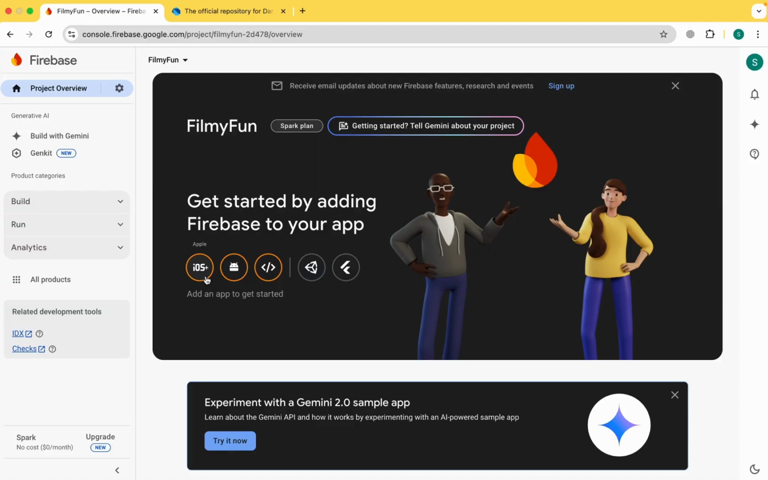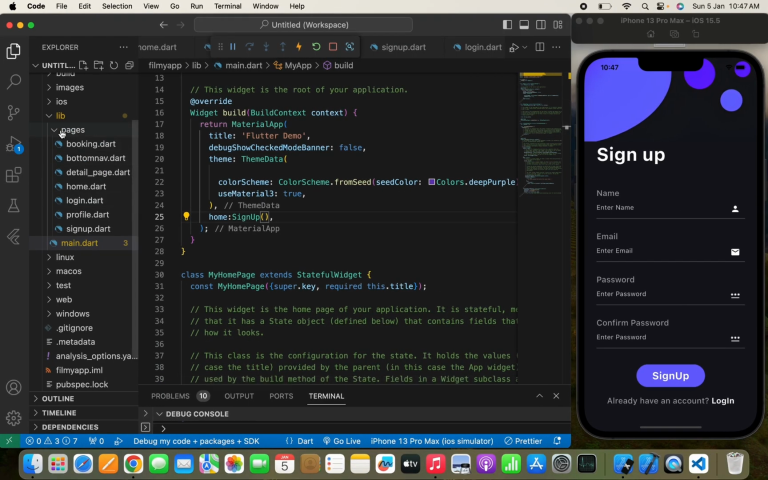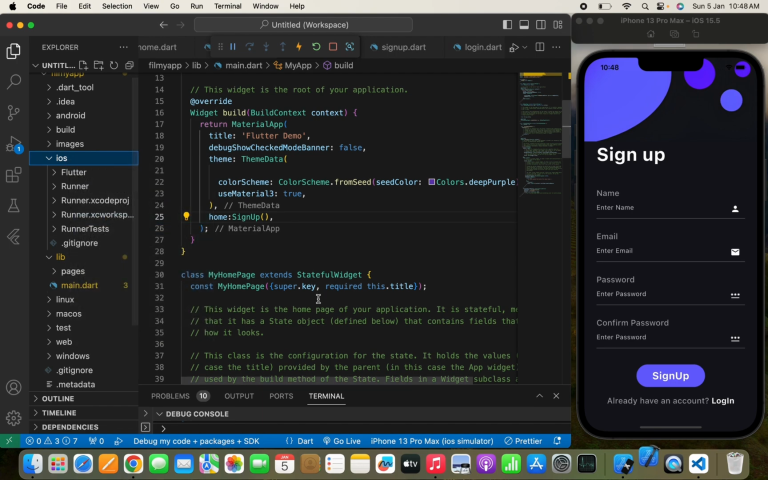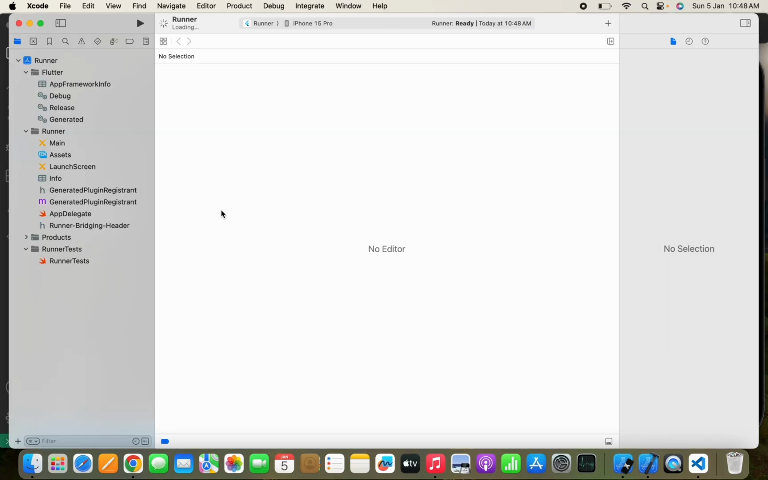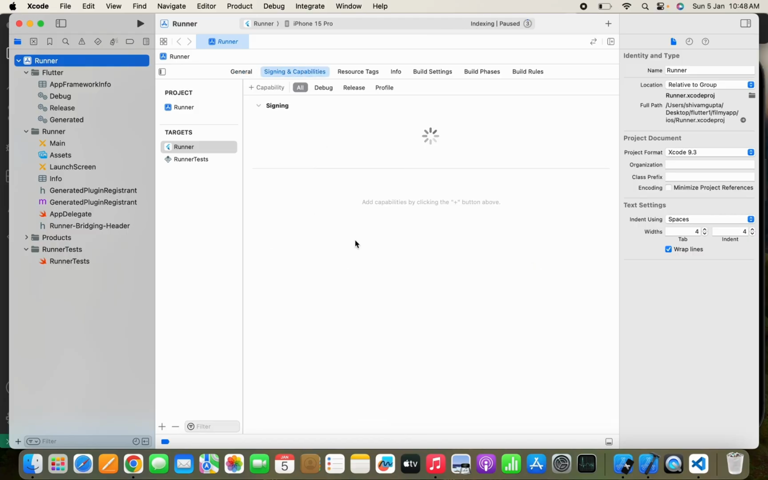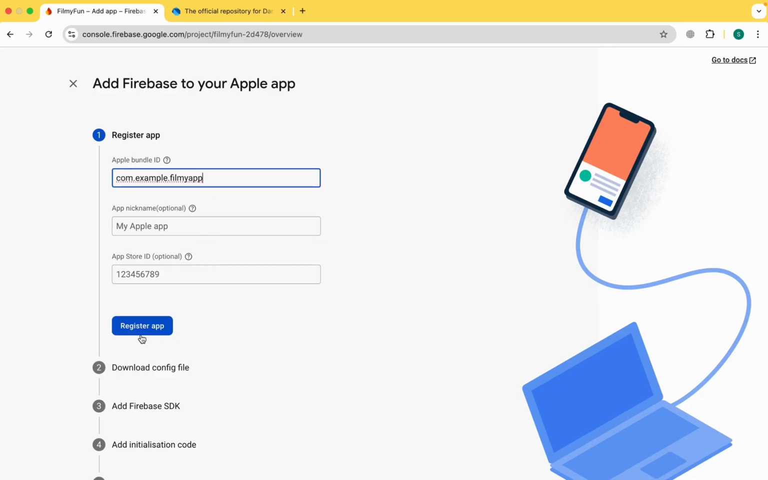First I'm going to connect the iOS app, then I'll show you how to connect the Android app. Let's click iOS, and we need an Apple bundle ID. You know how to get the Apple bundle ID. Simply open Xcode from here. In Xcode I need to move to the Runner, Signing and Capabilities. Now copy the bundle identifier from here, paste it in the Apple bundle ID field in Firebase, click on register app and wait for a